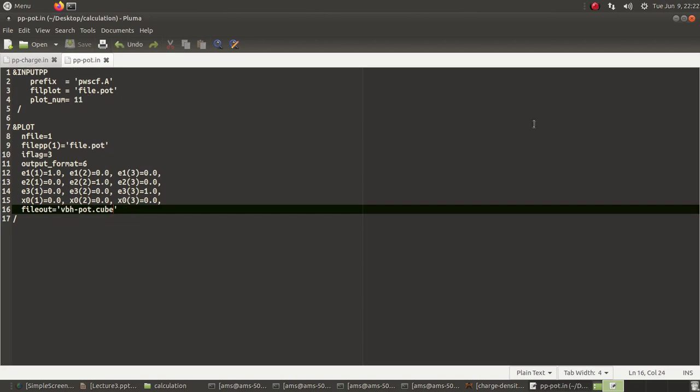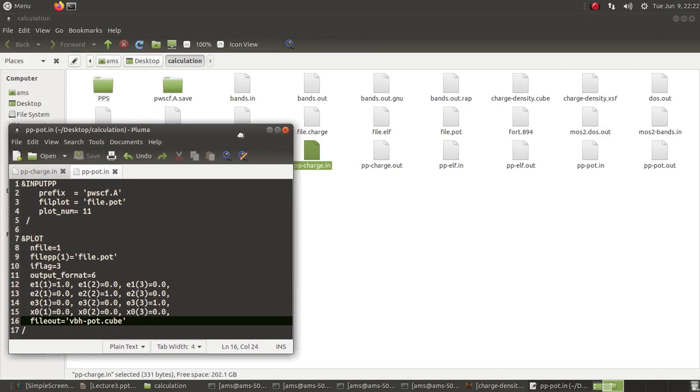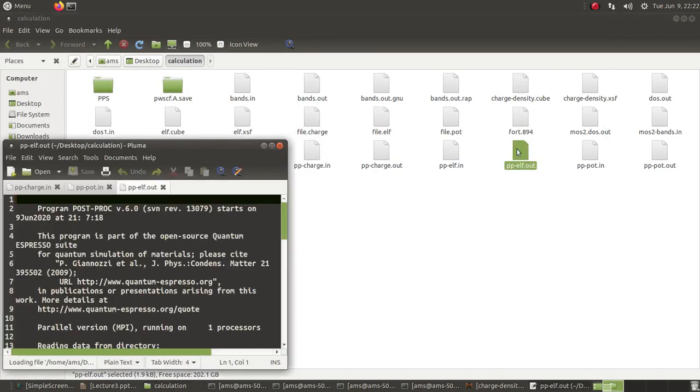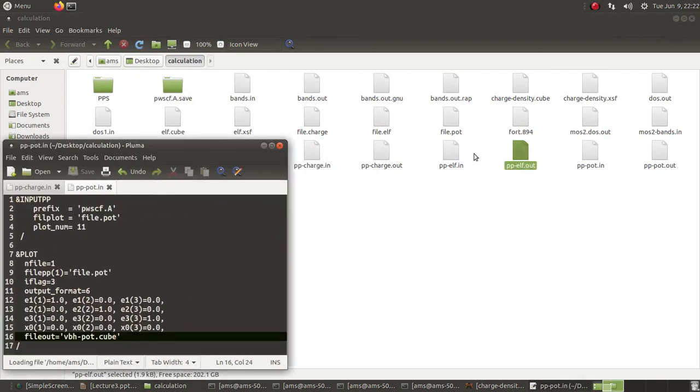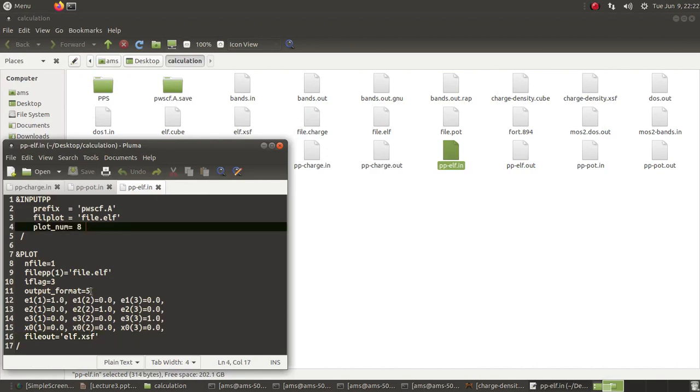Similarly, if you want the electron localization function, you will put plot number 8. You can generate the output in cube or XSF, whichever format you like.